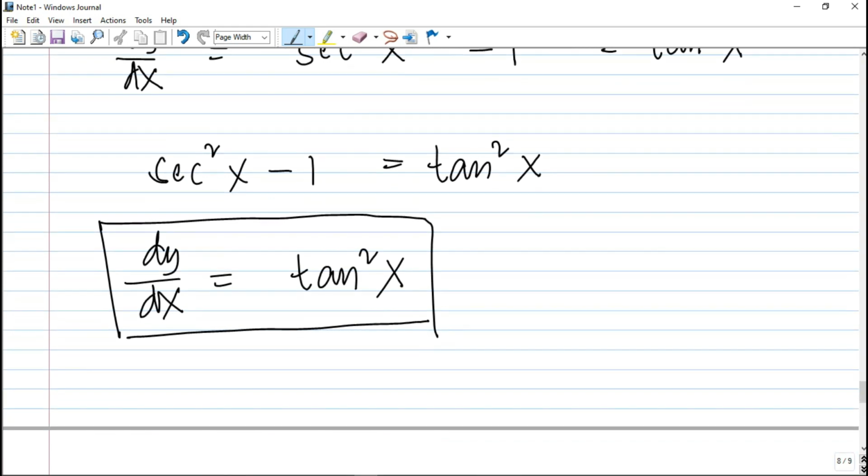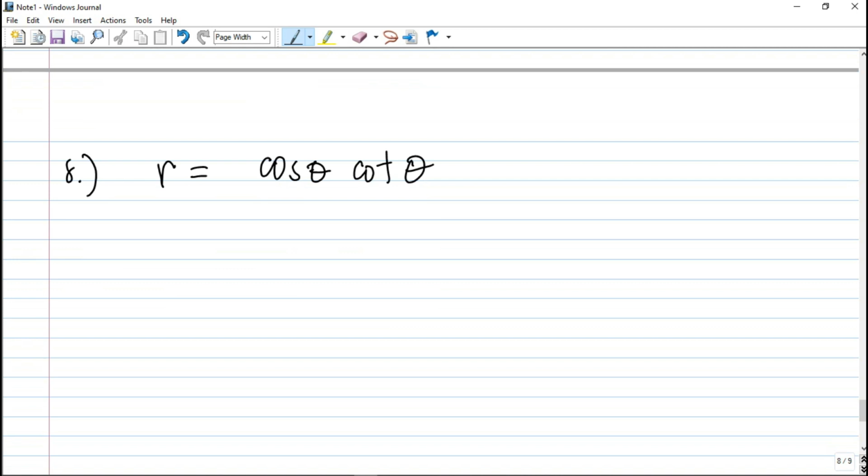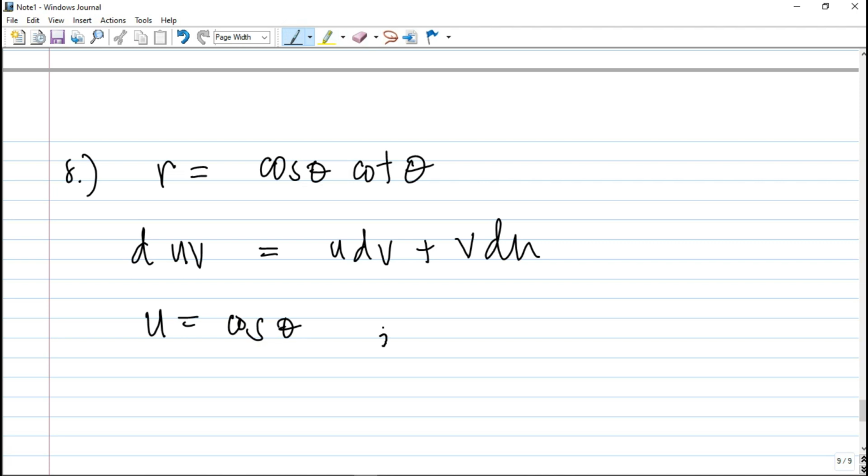Okay, so our last problem, number 8. We have this last problem: r equals cosine theta times cotangent theta. We can apply here the derivative of a product. So the derivative of uv equals u dv plus v du. Okay, so let's identify the elements of this formula. So here, u can be cosine theta. Then you have here v